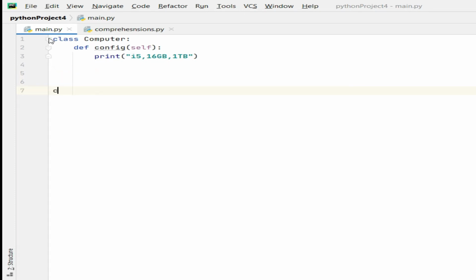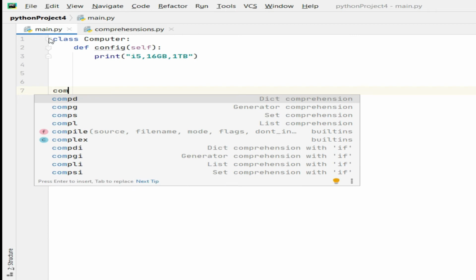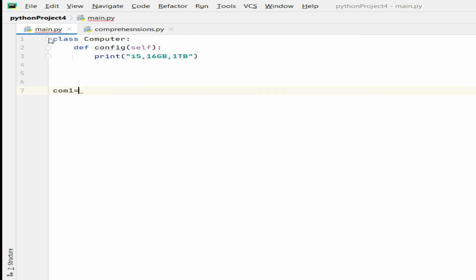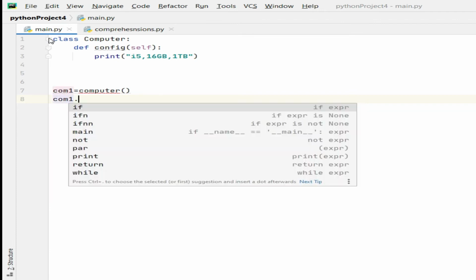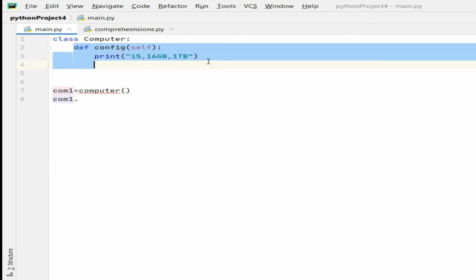Object creation is followed by any name. So I'll take com1, which equals Computer. Then I need to call that function. Whenever you want to access it, you can do so with the help of the dot operator. com1 dot, and you call this with the help of the object.